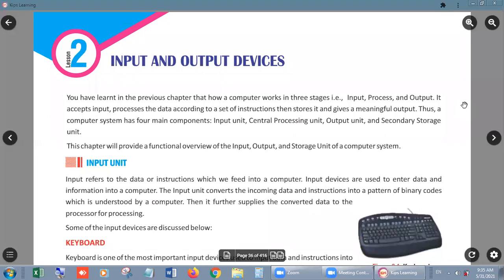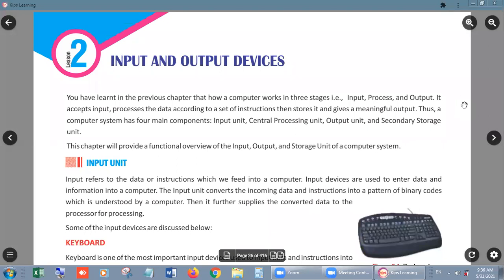In today's session, we are going to start our lesson number 2 of standard ninth, that is input and output devices. We all know from our childhood about these devices, because whenever you were in second or third or fourth standard, then every year we read this type of lesson. Which are the input devices and what are the output devices? To know it, we have to know the meaning of these words.